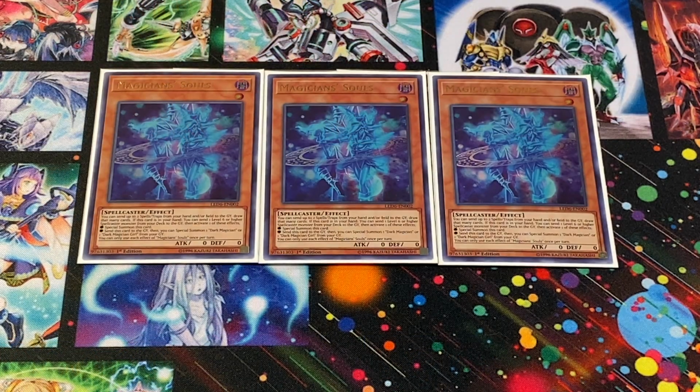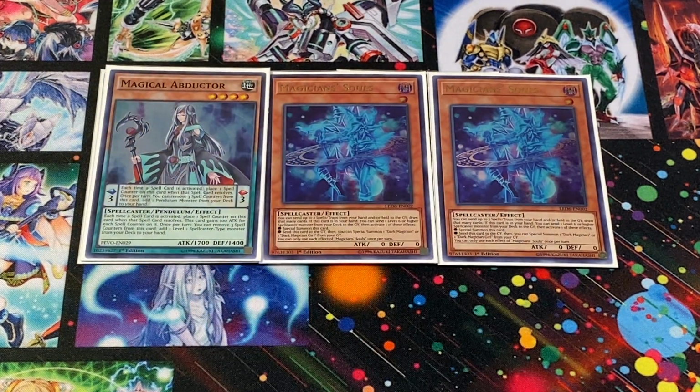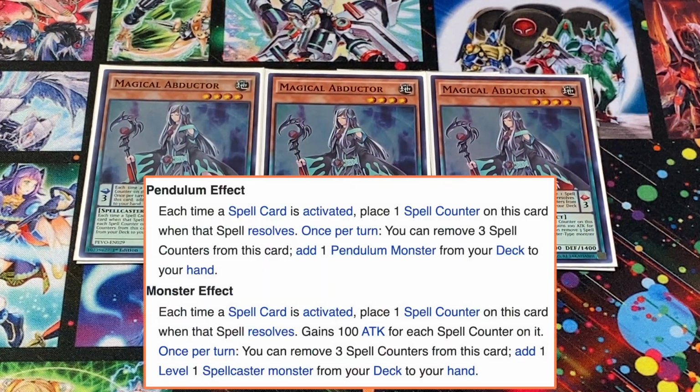But the reason I mentioned that is because there are other things you can do, as Yasin ends up doing, and that I'm kind of mirroring as well. We're going to search our Magician's Souls from our deck using Magical Abductor, which is a very interesting pendulum monster because of its 2 abilities. Depending on if you play it as a pendulum scale or as a monster, it will search a different thing, but effectively you fuel this card by playing spell cards or having your opponent do so, either way, and when you reach 3 cards or more, you're able to remove 3 of the spell counters once per turn to search